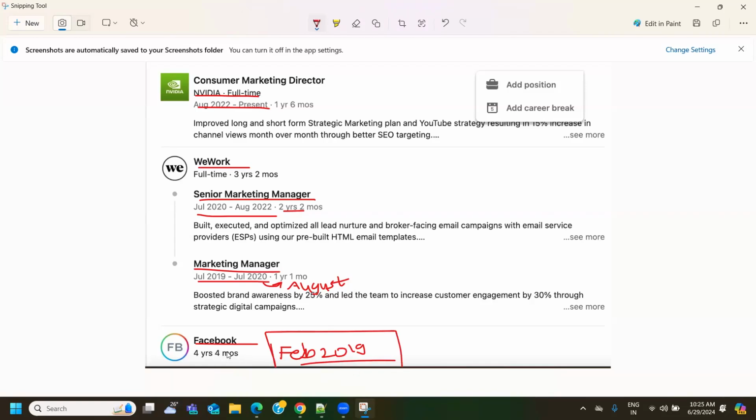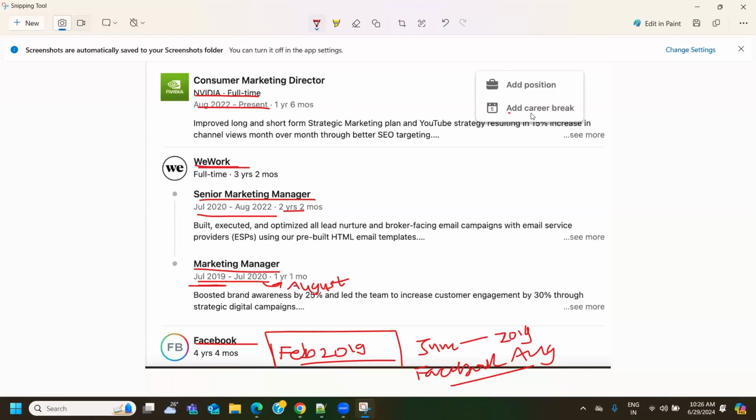But if you have left an organization, you are leaving Facebook in the month of June, there is no gap. You are directly joining this WeWork in July 2019. That should also be fine. But I've seen people who mention they have left Facebook or the previous organization in the month of August, and they'll overlap their work. July 2019, you have joined this WeWork and you're leaving Facebook in August. That doesn't rectify. So you should always precisely mention your start date and end date.